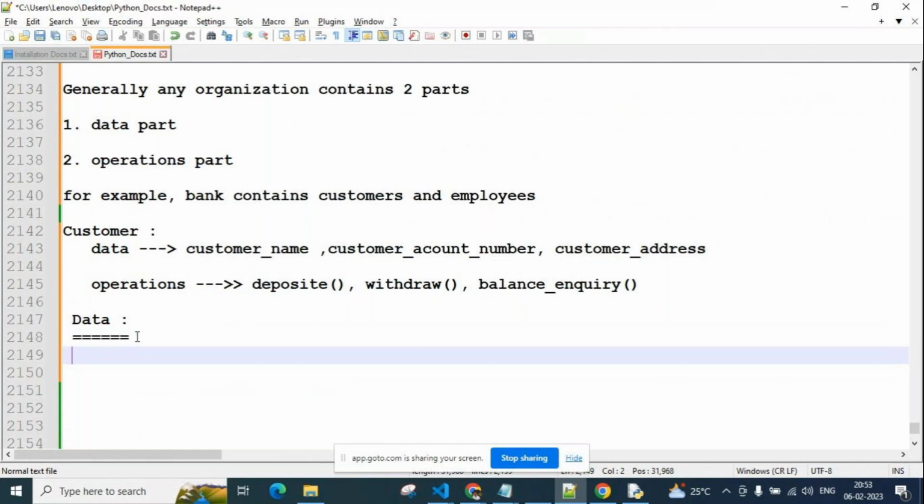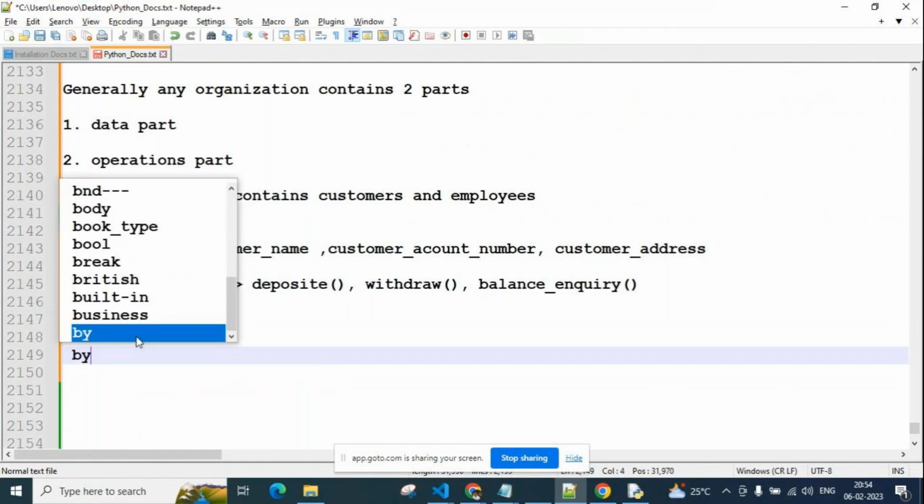Okay, to represent the data of organizations, all programming languages provide data types and variables. Data types and variables are provided to us. Every programming language provides data types and variables for representing the data of the organization. Simply, I'm writing a start point here.